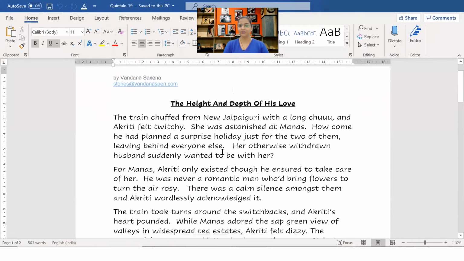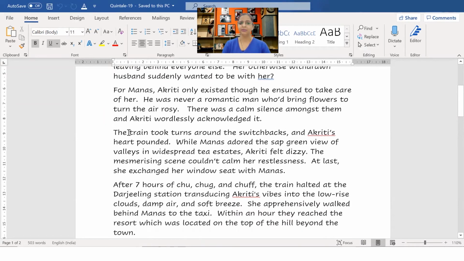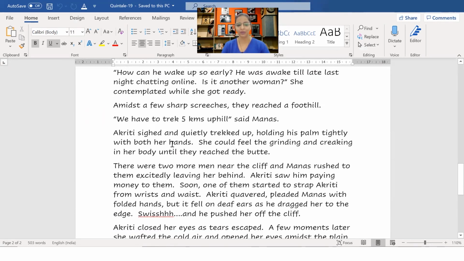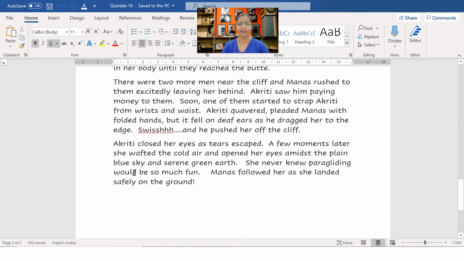I can't read the entire story in the whole session, but the story was that the protagonist, who's a woman, has a fear of height, and her husband takes her on a surprise tour to Darjeeling, where she is bound to paraglide. And then she realized that, if you read the last line of the story, I'm not reading it, you can find it on Facebook. If you want to read the full story, you can find it on Facebook.